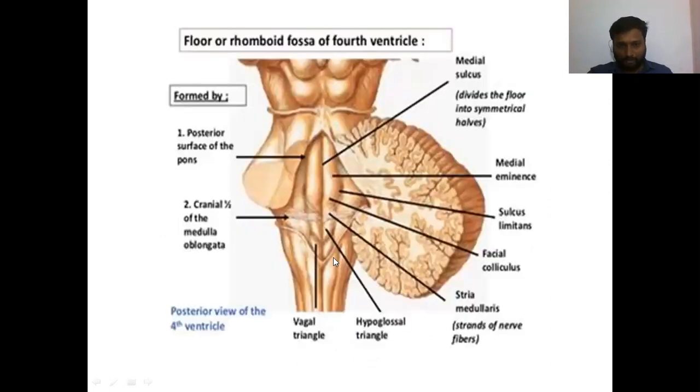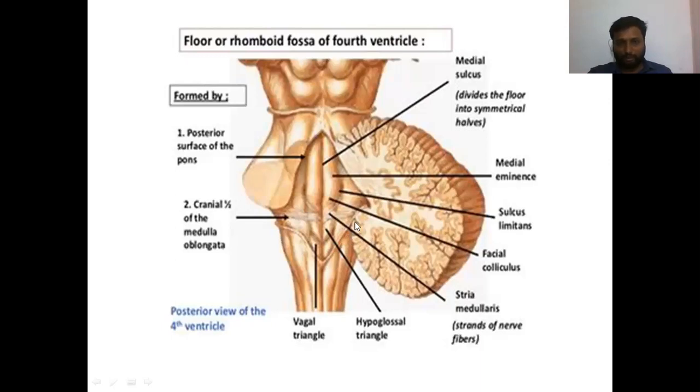See, here we can see fasciculus gracilis and fasciculus cuneatus, two bundles. The upper end of each bundle shows a bulging, known as a tubercle. So, gracile tubercle and cuneate tubercle. Laterally it is bounded by these two structures.